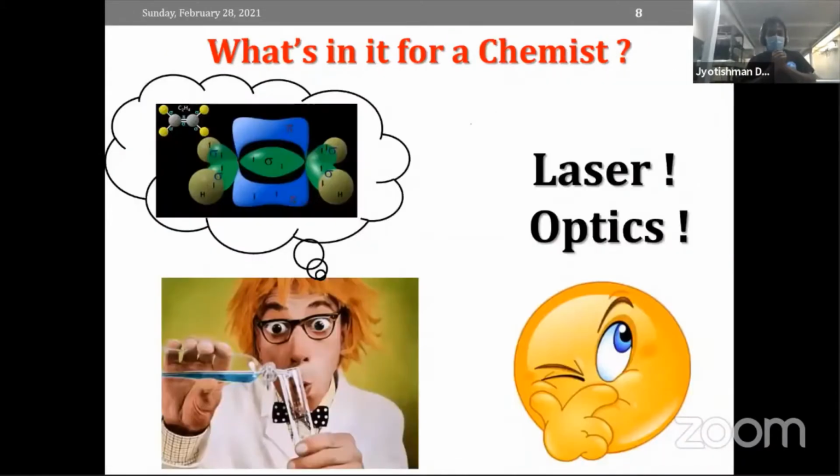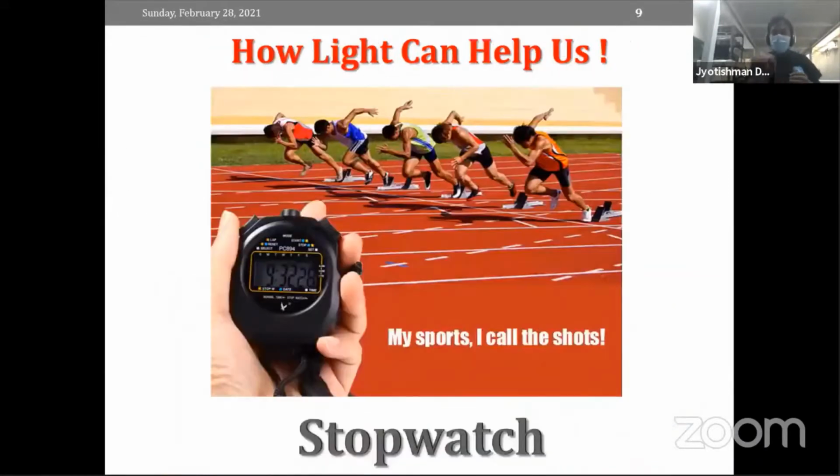Okay. And the question which obviously comes to your mind, and which also came when Kulkarni ji entered our lab and was surprised, is: what is here for a chemist? As we are saying, we are going to record a chemical reaction. Chemical reactions mean breaking of a bond, making of a chemical bond, or changing the color. So how is all this optical equipment, light, prisms, mirrors, going to help me? What is there for a chemist? The answer lies in this slide.